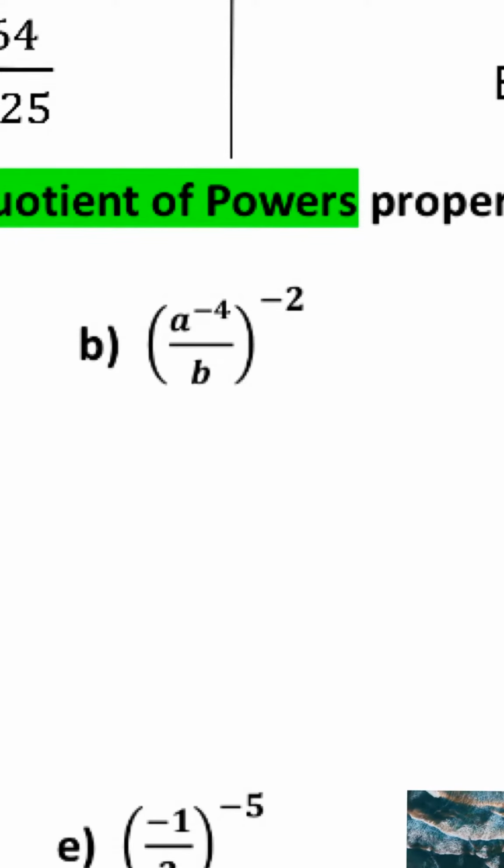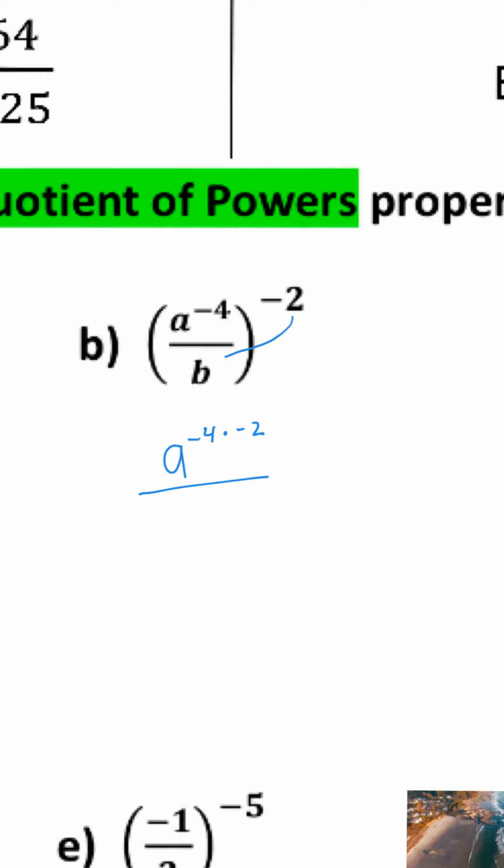Okay, on to letter B. So again, I have both properties here as well. I need to apply that -2 exponent to both the numerator and the denominator, but the numerator is already being raised to a power, so I have to use the quotient of powers as well. So I'm going to take my a and have a to the -4 times -2 over,